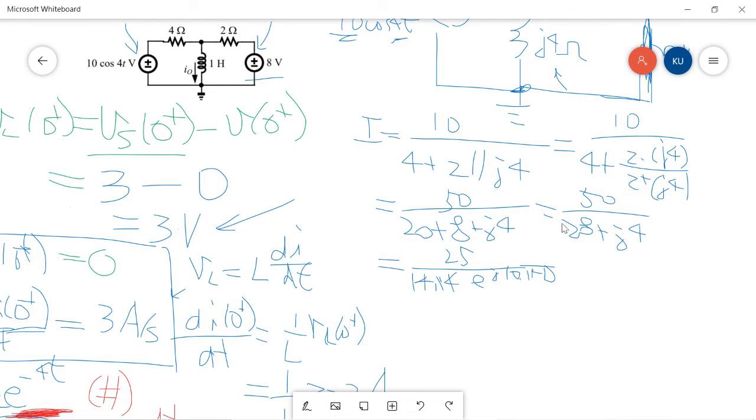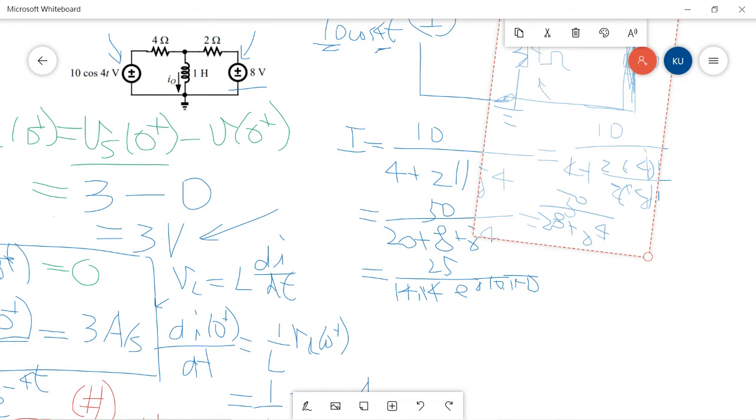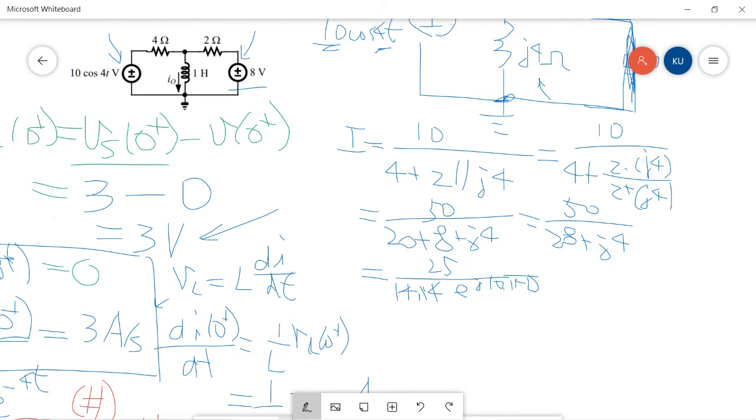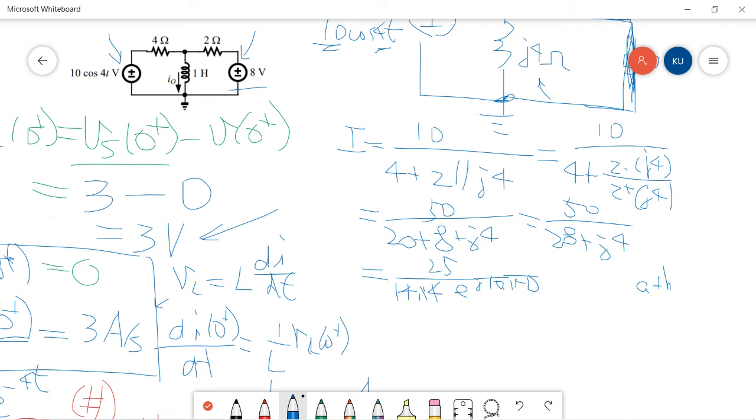Actually, you can simply convert this. If you have a complex number a plus jb, you can write it as r exponential to j theta. R is the square root of a squared plus b squared, which is the modulus of the complex number. And then theta will be arctangent